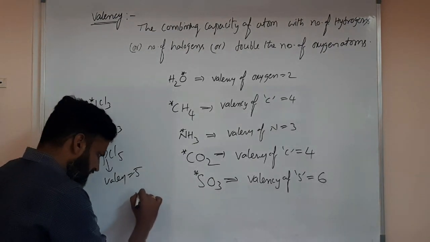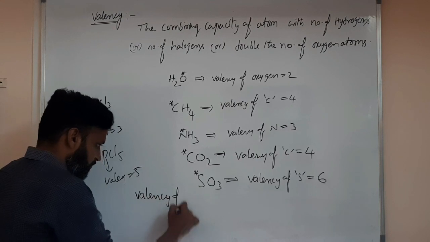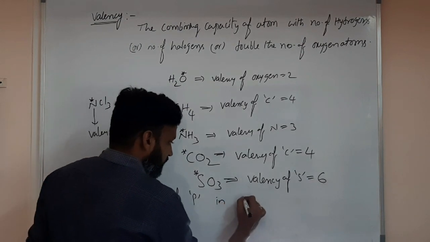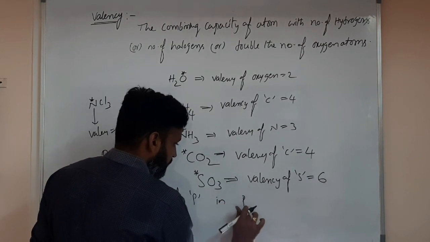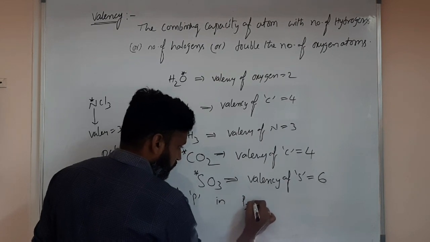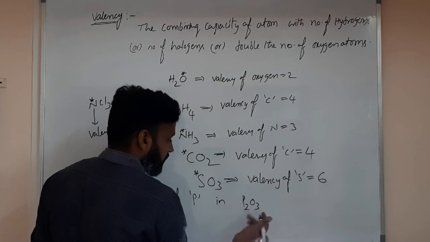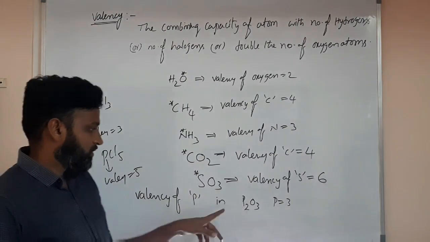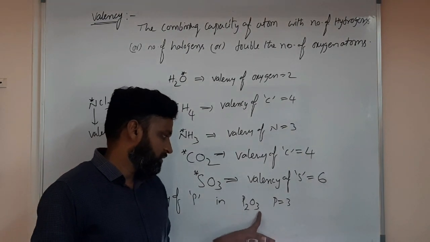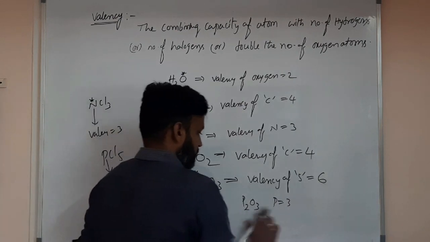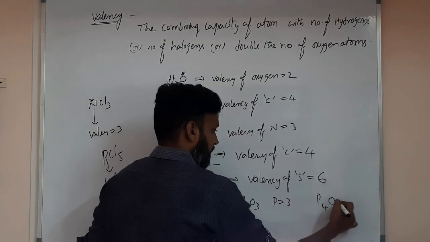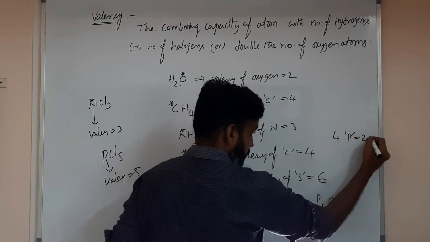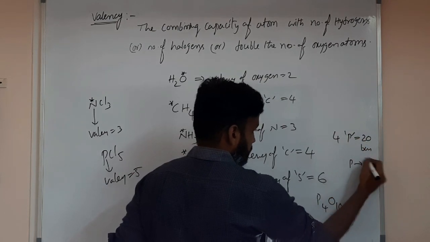Understanding? So valency of phosphorus, suppose in P2O3 is given, then 6 means each phosphorus 3, like that you have to consider. So no need to confuse. Total 3 oxygens. Otherwise P4O6 individual or P4O10 given means 20 combined. So 4 phosphorus forms 20 bonds. Means each phosphorus 5 bonds, 5 valence.